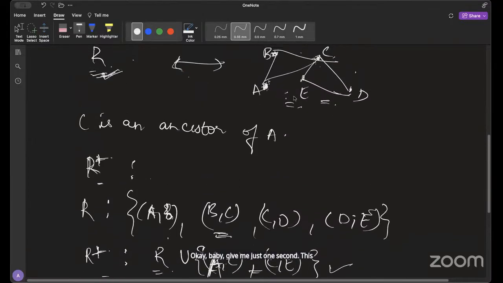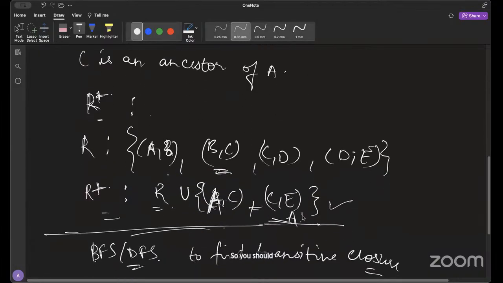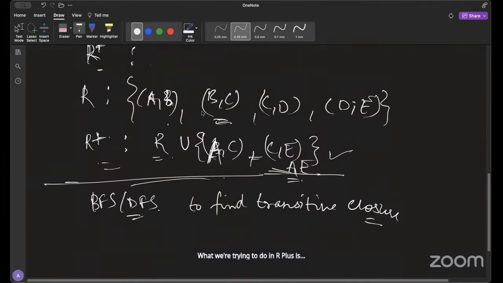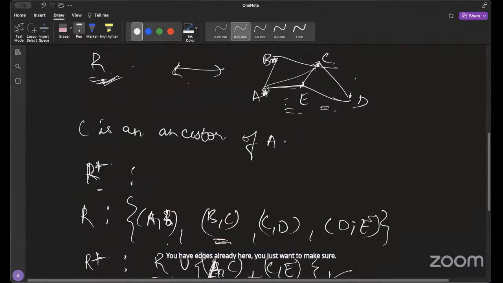This isn't done yet because if you have an edge from A to C, you have an edge from C to E, so there should be an edge from A to E as well. So you should have an A to E as well. What we're trying to do in R plus is you have edges already here. You just want to make sure that in R plus what you do is